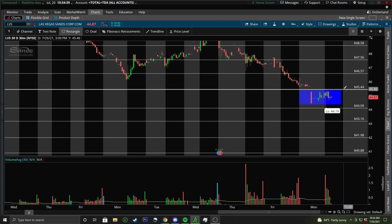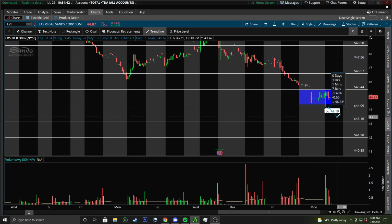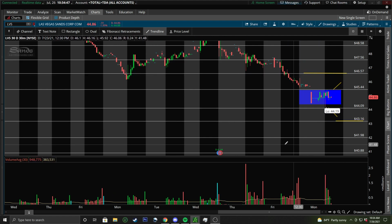You would set up above 45.50 for calls, below 44 for puts, with targets on each side. You have targets already set. The only thing that you can add on these smaller time frames is going to be your previous day high,